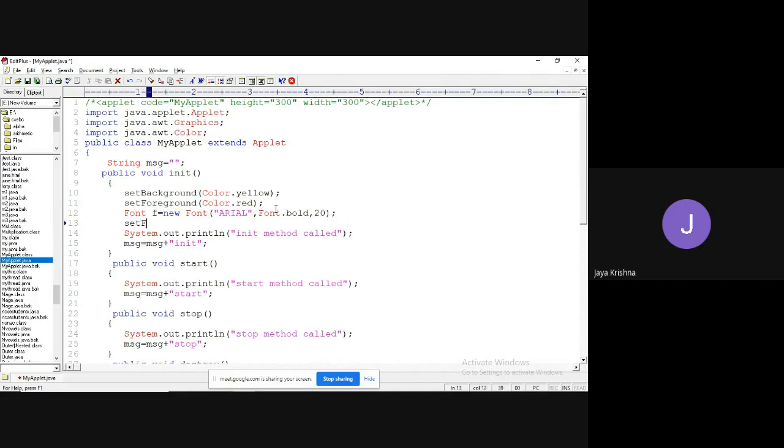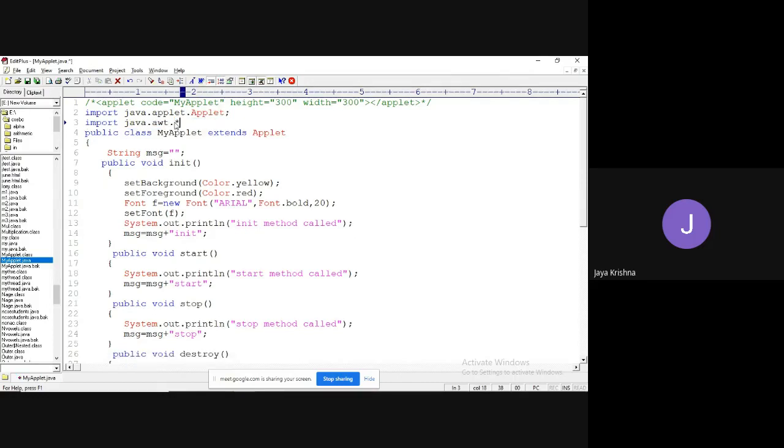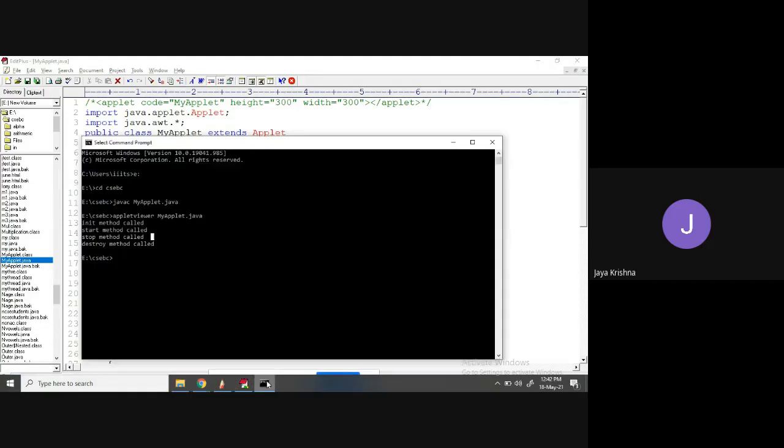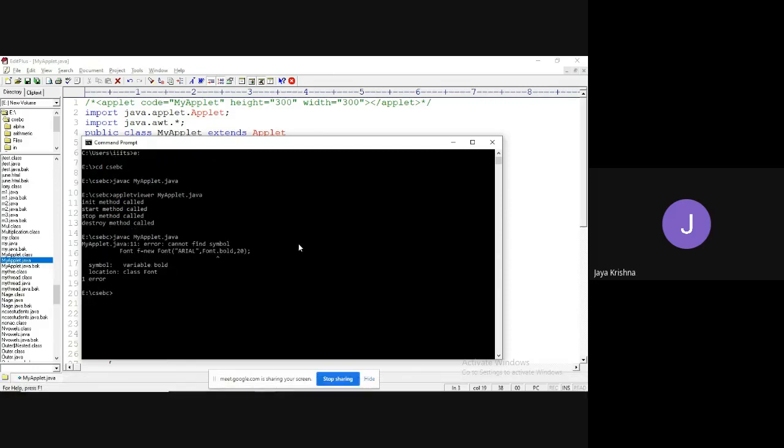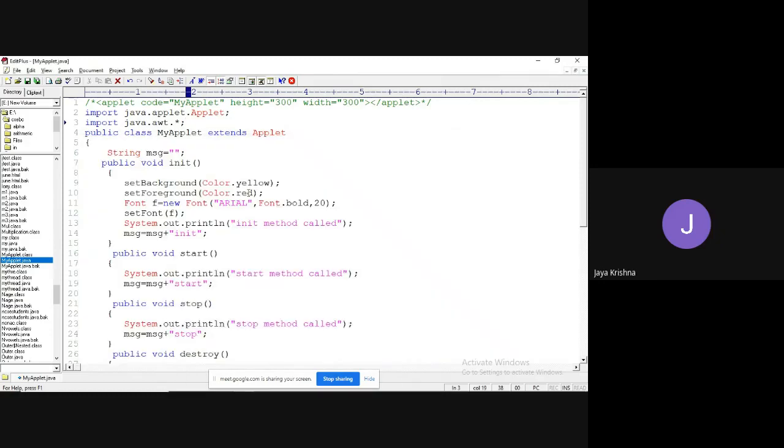By using the setFont method, I can set this object. So instead of writing the Font class specifically, I can make it java.awt.*. Observe. Yes, we're getting bold. It is in capital.